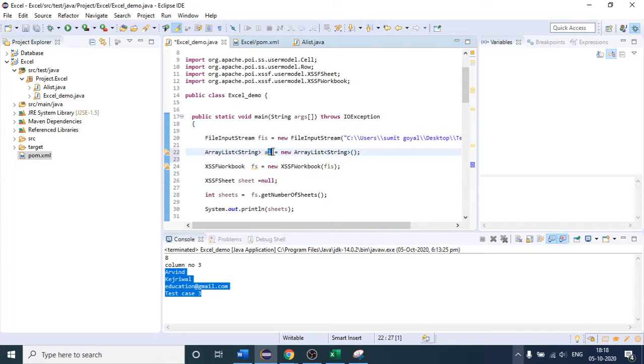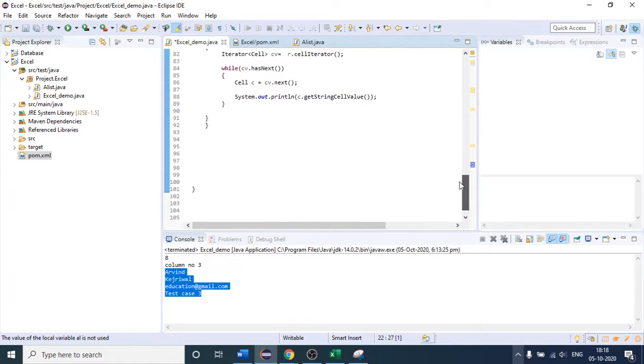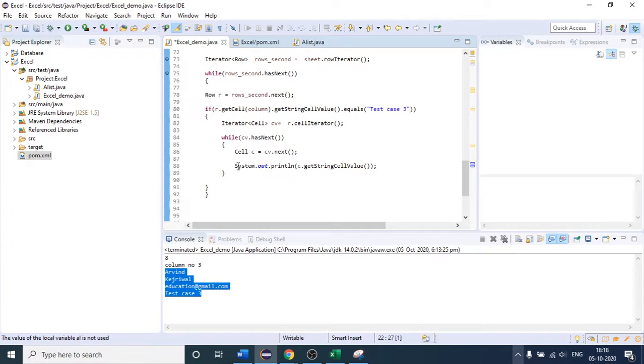My array list object, and after that, instead of printing the data like that, here is the one where we are printing our data. So instead of printing like that, let me comment that. I will simply say AL, not L, and I am just going to copy this. This is the one from where we are getting our actual text, or you can say the data. So I'm just storing that.